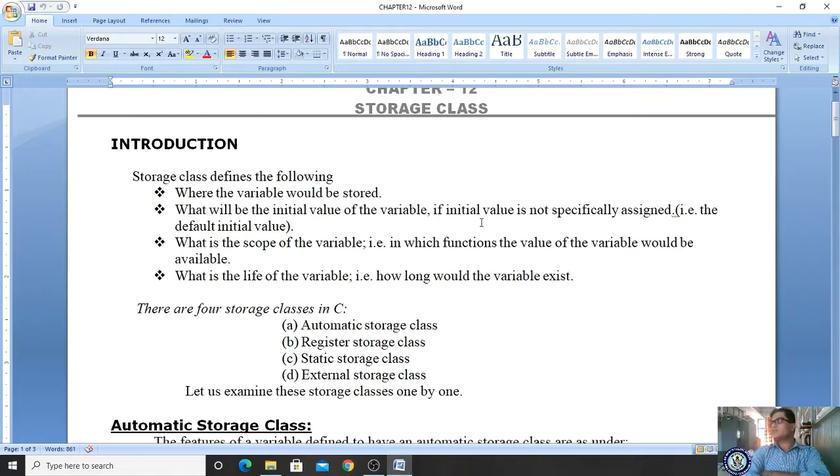Life specifies how long you are in PU college, two years. Scope indicates where you can sit, in any class? No, we are just kidding. You are accessible within your class, sports class, extracurricular activity class, talent day, cultural and annual day classes. That is the scope.